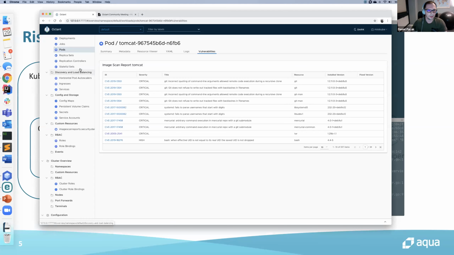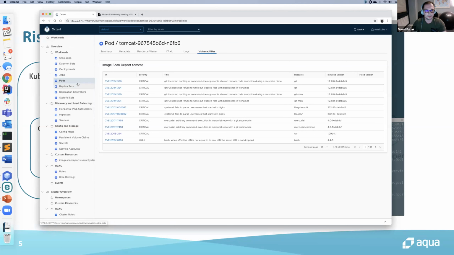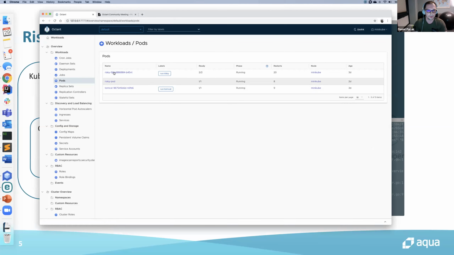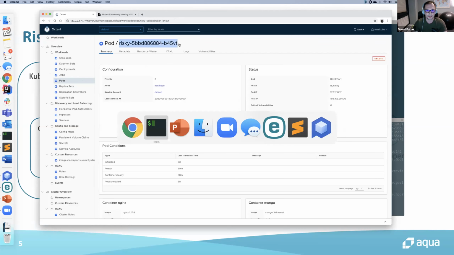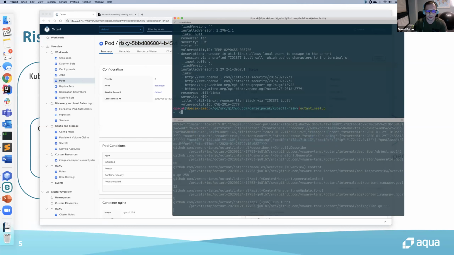So I played a bit, we could scan container images which refer to private registries. We could also scan workloads or pods with 2 containers. I didn't pay much attention to user experience. I just wanted to get the data and see if it works and how fast it is in terms of rendering and in terms of scanning. So let me scan quickly one more. This one is with 2